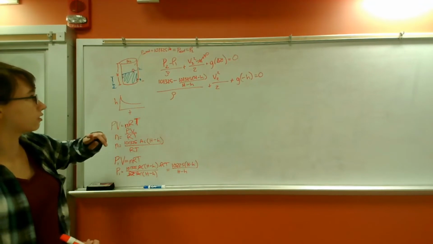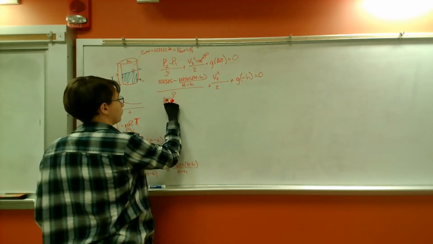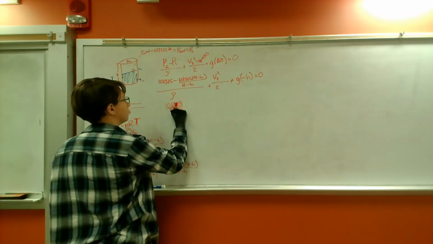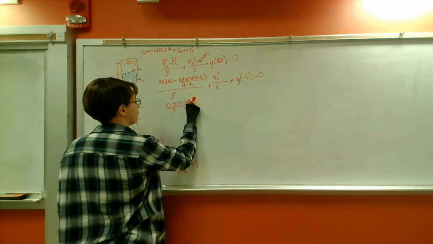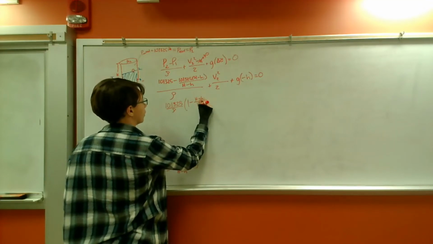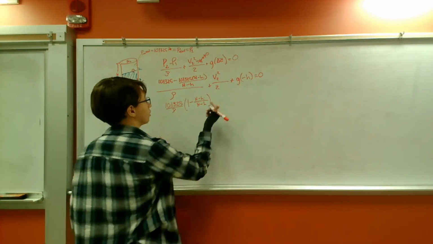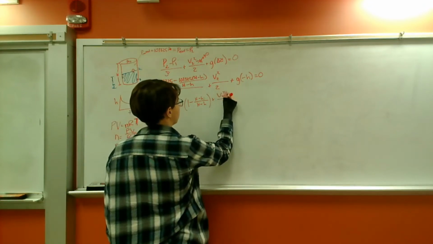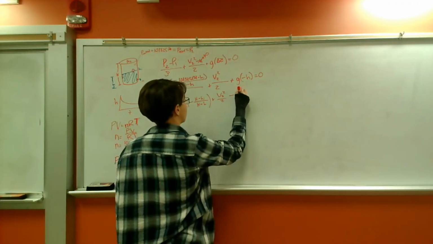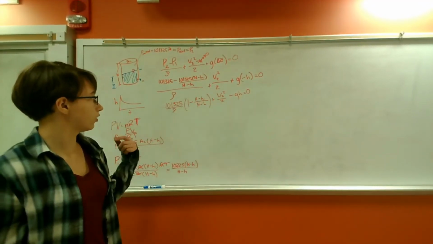We can simplify this a little bit. So we can factor out the 101,325 over rho. We get 101,325 over rho times 1 minus (capital H minus H initial) over (capital H minus h). And then, yeah, the rest is the same. Okay. And we're going to be solving for this velocity value,